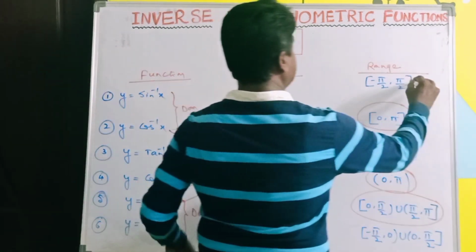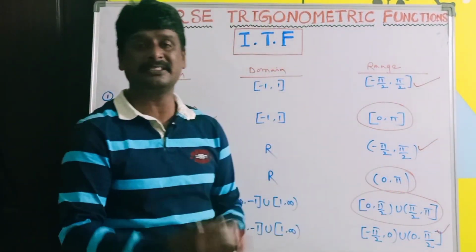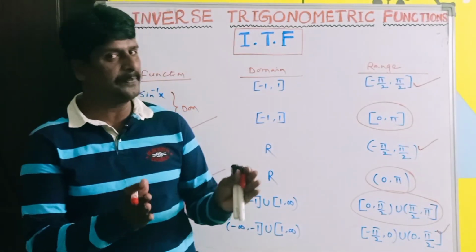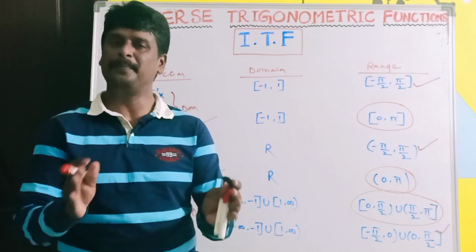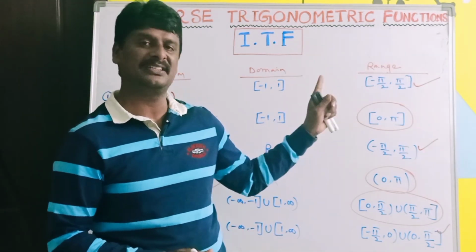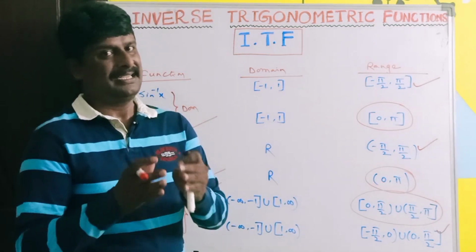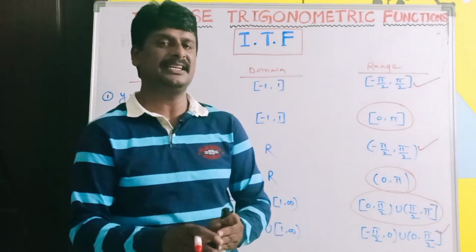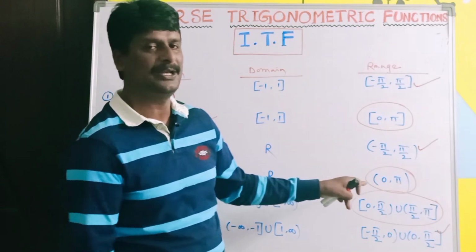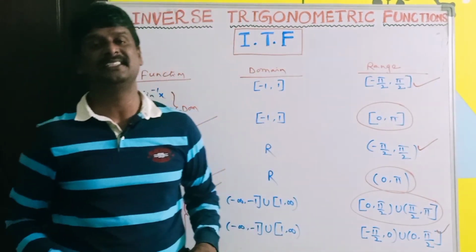Now, sine inverse, tan inverse, cosecant inverse ranges are the same. All these ranges are from minus pi by 2 comma pi by 2 closed interval, or between minus pi by 2 and pi by 2 only. That is the range of sine inverse x. But while coming to tan inverse x, tan x is undefined at 90 and minus 90. That's why in the range of tan inverse x, those 2 points are excluded, meaning we are writing an open interval.